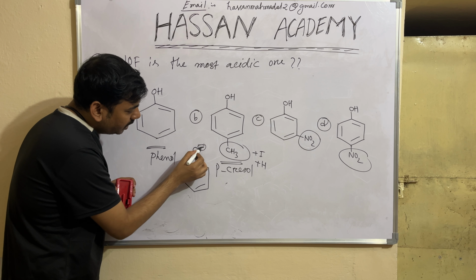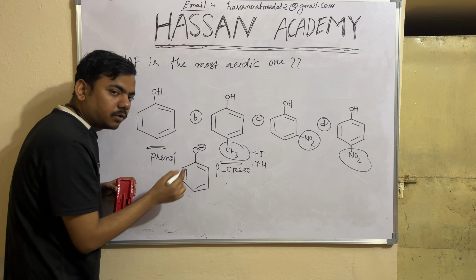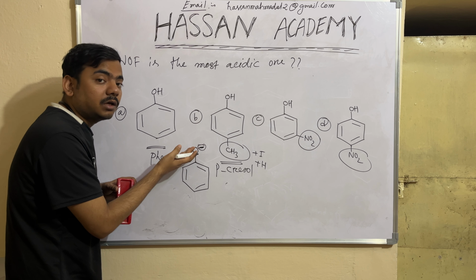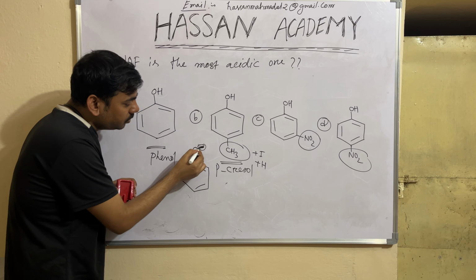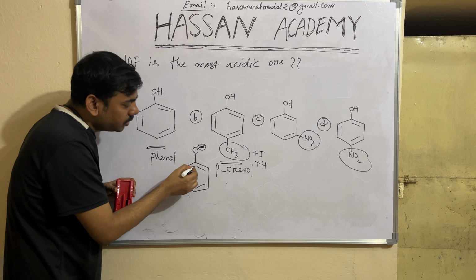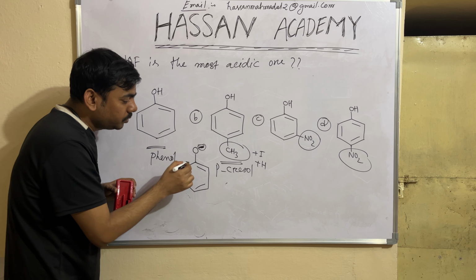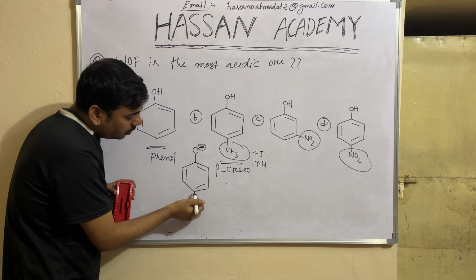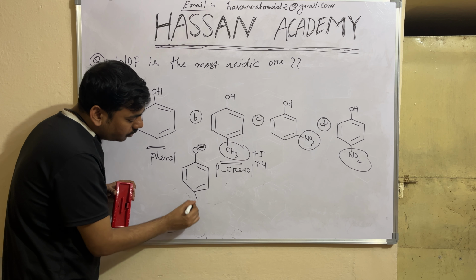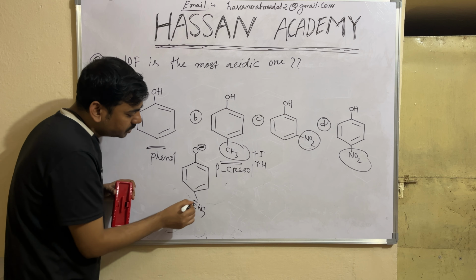Now this O minus negative charge electron, what is this negative charge? What is electron? Electron is kind of cloud. Okay, it is a cloud. This electron cloud should be distributed throughout the molecule. That should be your target. Yes. Now if I draw, if I give some electron withdrawing group here, at the ortho position, anywhere,